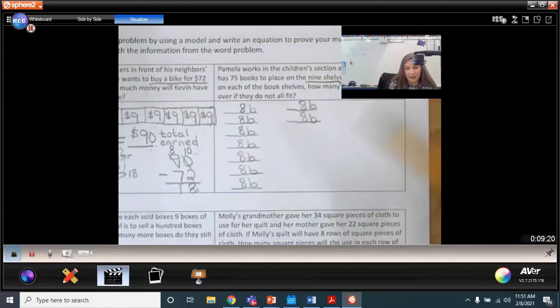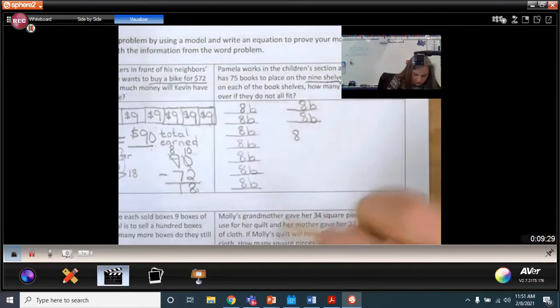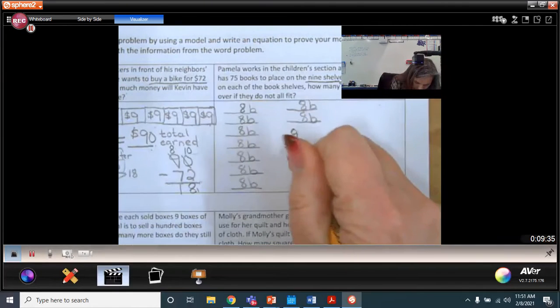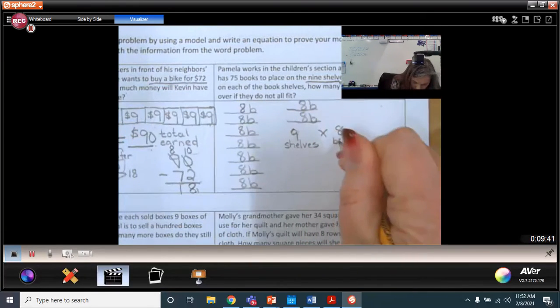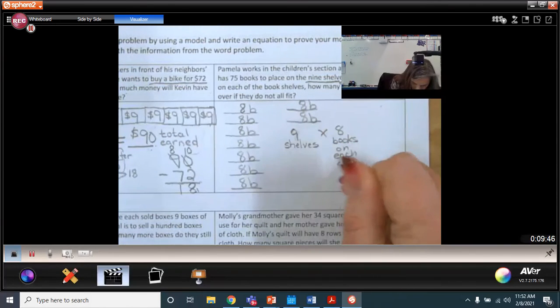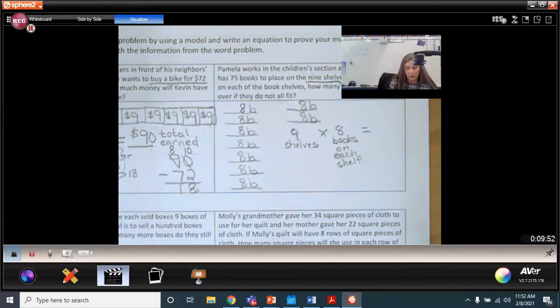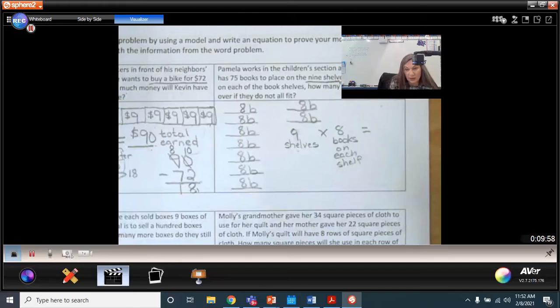Now, again, you can see that the same number of books is being put on each shelf. So this tells me that I can use multiplication. So if I have 9 shelves, because that's what the first factor tells me, my groups, and my groups are the shelves. And I put 8 books on each shelf. Now I can find my total number of books. Well, I have 9 shelves. I have 8 on each shelf. If you know your multiplication facts, which is what you need to make sure that you're doing to practice,